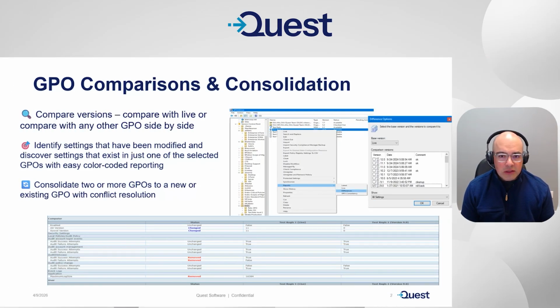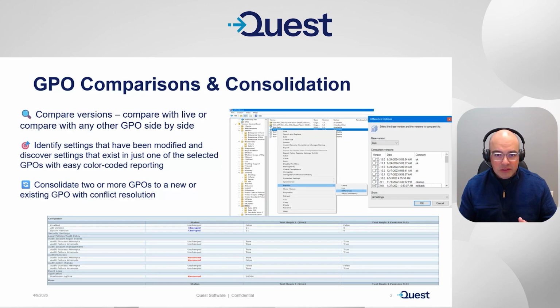Today we're going to be talking about GPOADmin, comparing, consolidating, and cleaning up or attesting to GPOs. There's usually a large amount of GPOs in every organization, and it can get unruly at times. What we need to do to modernize our journey going forward with our Active Directory environment, as well as our Intune environment, is clean up the bloat in the environment, make sure that we're not overlapping GPOs, and understand where we're doing the same